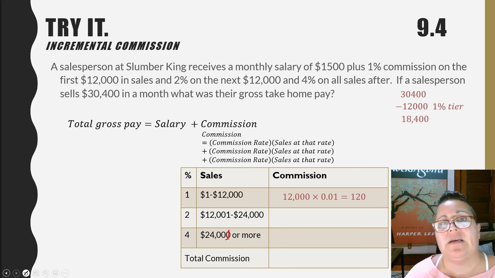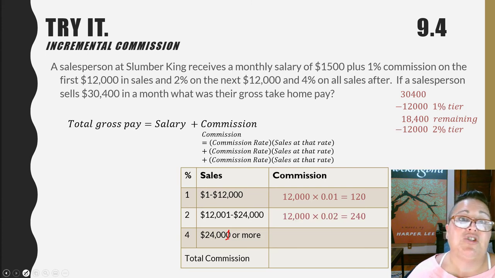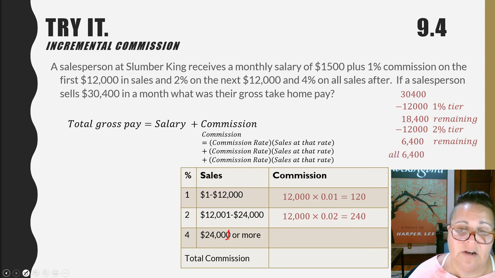This leaves $18,400 left for the salesperson to earn commissions on. So the next tier is $12,000. So we're going to fill that next tier. So we'll have $12,000 at the 2% tier. 12,000 times 2% is $240. This leaves us $6,400 remaining for the third tier. All $6,400 will happen at the 4% tier, or